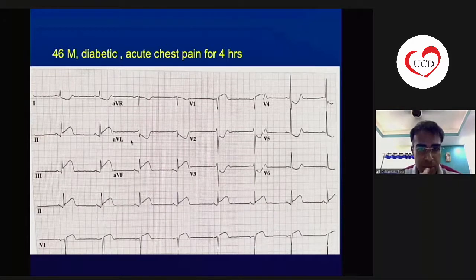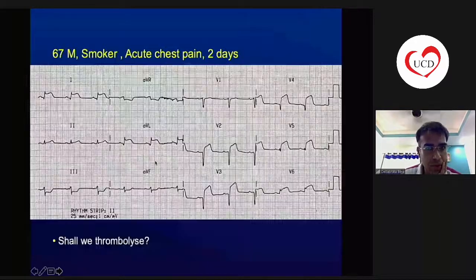The most important thing of this ECG is that if you find such an ECG, this patient is a candidate for revascularization, and he shall immediately be admitted and proceed for a revascularization strategy, either by thrombolysis or by primary PCI. So much